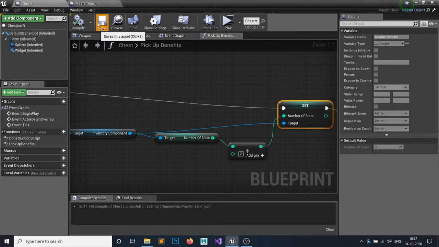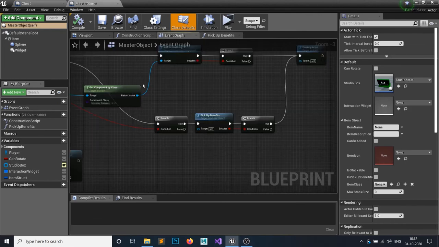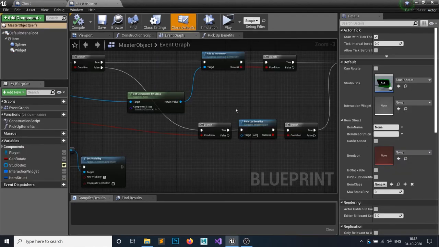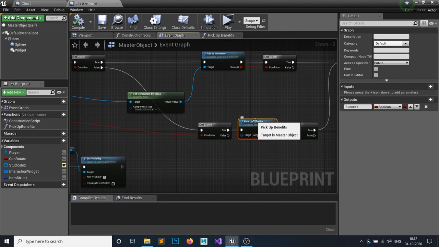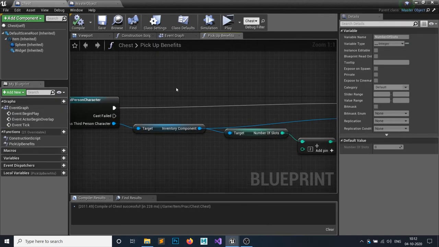So if you now open that up, the master object, and the chest is our class, the child blueprint. Whatever our master blueprint has, all of this will be called for our child. But if you override a function, then it won't call this empty function. Rather, it will call the overridden function we have just created.